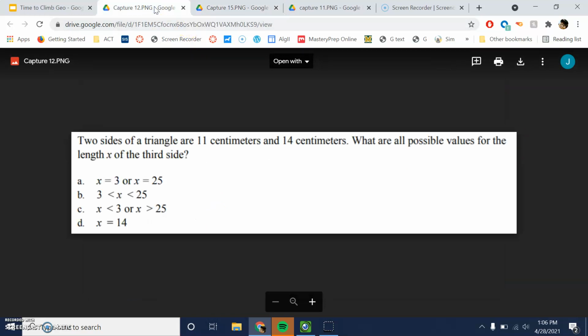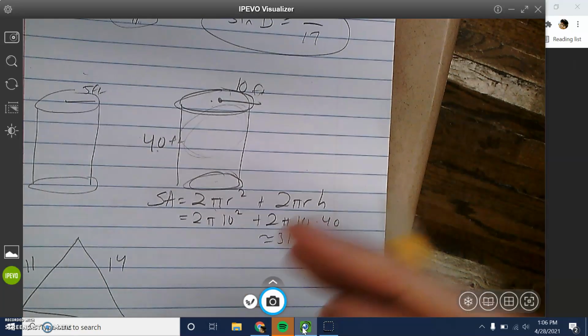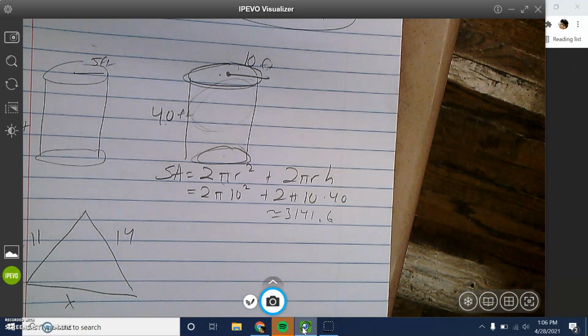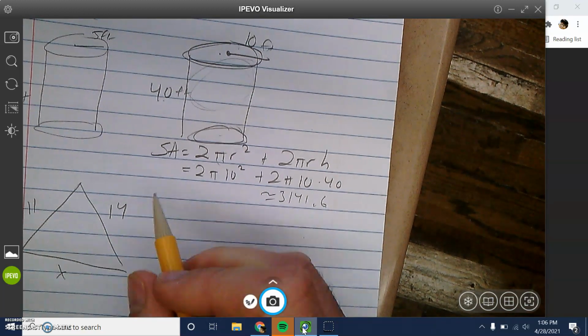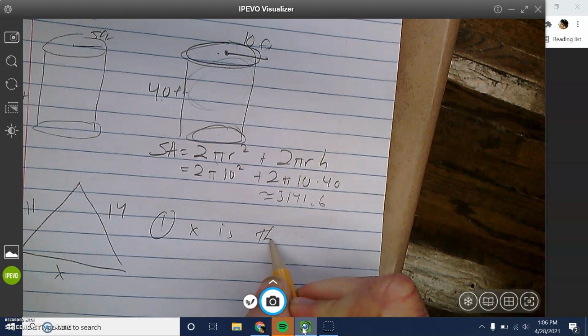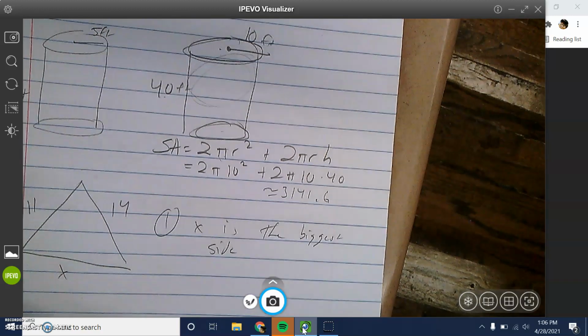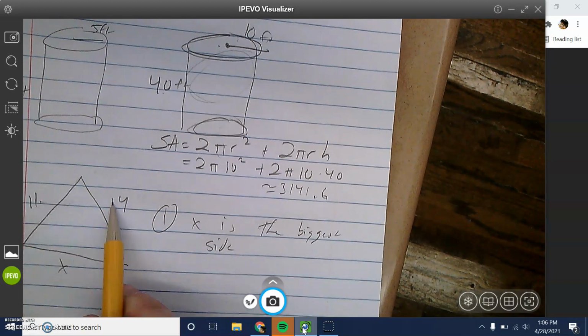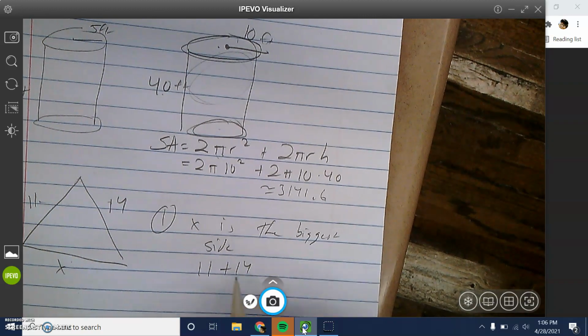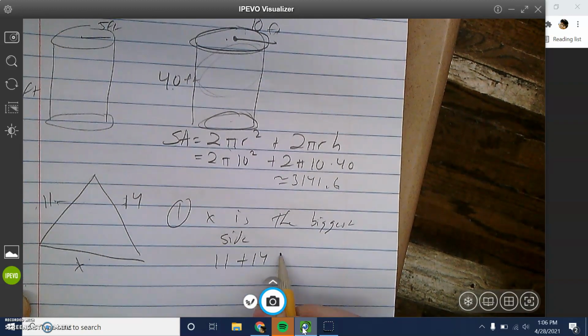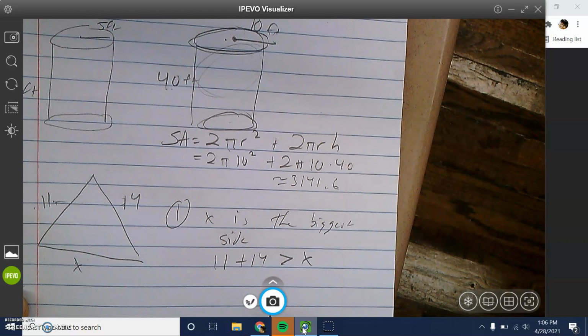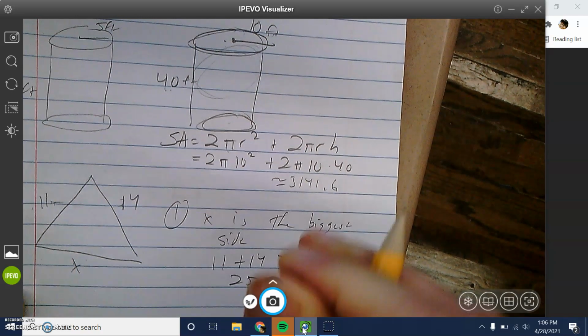Last one. Here you go. Ooh, triangle inequalities. So, what are all the possible values for x, the third side? Here we go. All right, let's do it. So, some situations you need to be aware of. First stipulation is, x is the biggest side. And so we know that if x is the biggest side, you add up the 2 smaller sides, which would be these 2, and it has to be bigger than the largest side. So 11 plus 14 is 25. So x has to be,